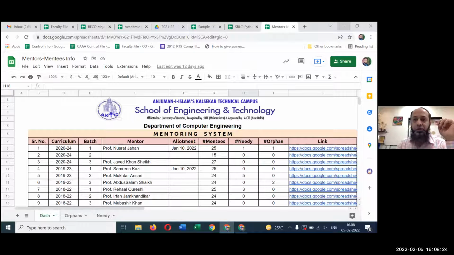So without further ado, I'd like to once again welcome all our young faculty to the AIKTC family. I really welcome you. It's a very close-knit family, a very open space, and we really strive to keep it as friendly as possible, where we come and enjoy making our space here. So it's an excellent start for all the new faculty, and I'm sure they'll take all the learnings of the day for their betterment.